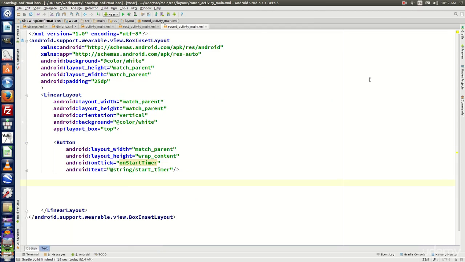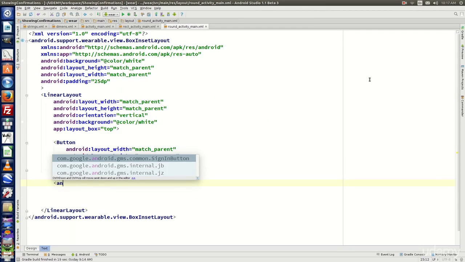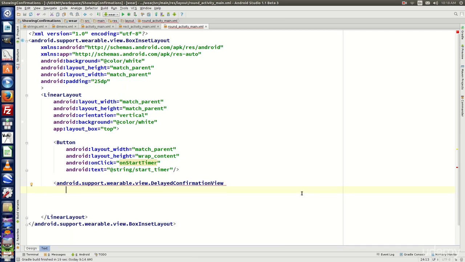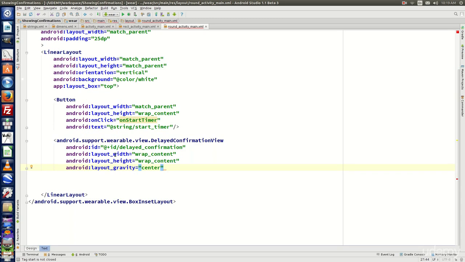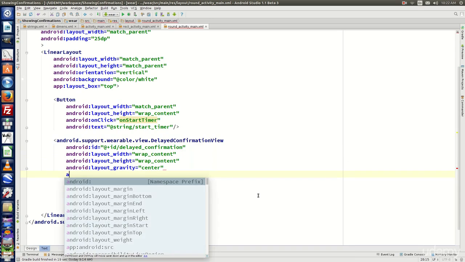Let's do it. So right here we need to define a tag with the name android.support.wearable.view.DelayedConfirmationView. Now we need to define few properties. Let's define the ID. Let's call it delayed_confirmation. Next we need to define layout width, layout height and layout gravity. So we have defined width and height to wrap content and gravity to center. The next thing that you need to define is